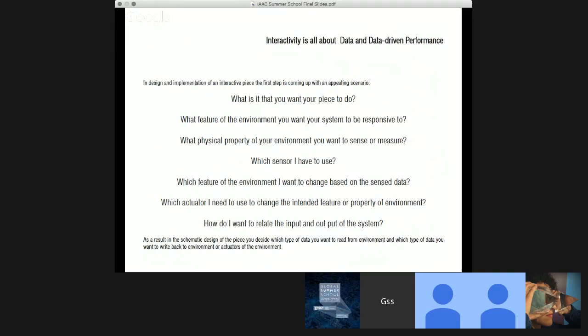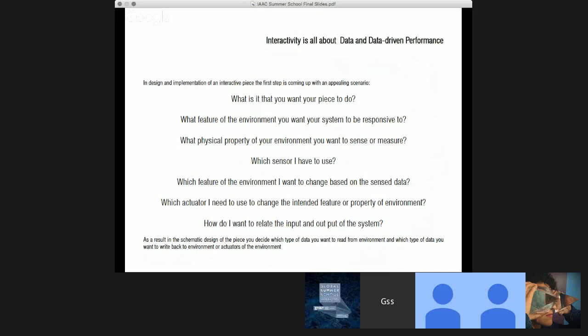Interactivity is all about data and data-driven performance. In the design and implementation of an interactive piece, the first step is to come up with an appealing scenario. What is it that you want your piece to do? What feature of the environment do you want your system to be responsive to? What physical property of your environment do you want to sense or measure?